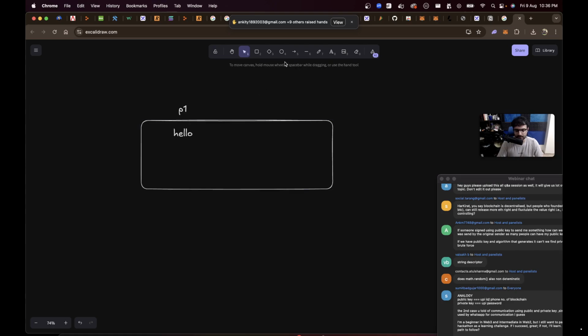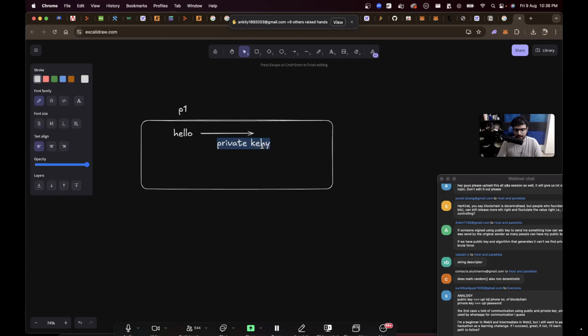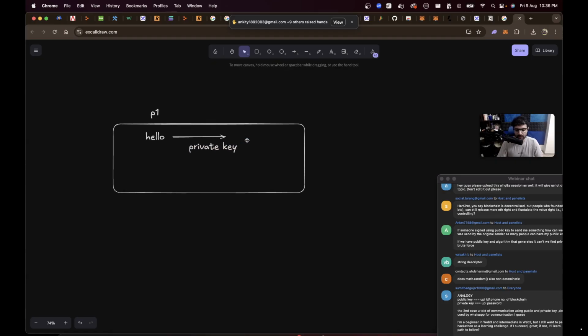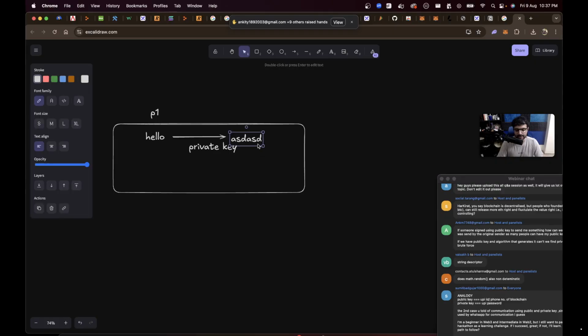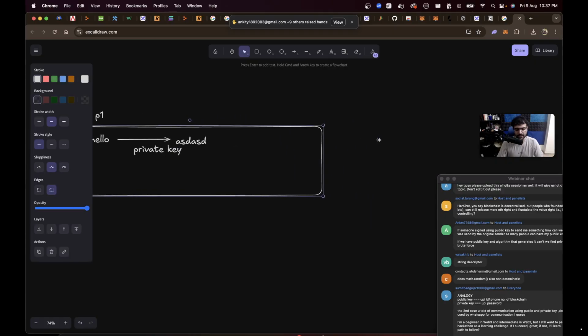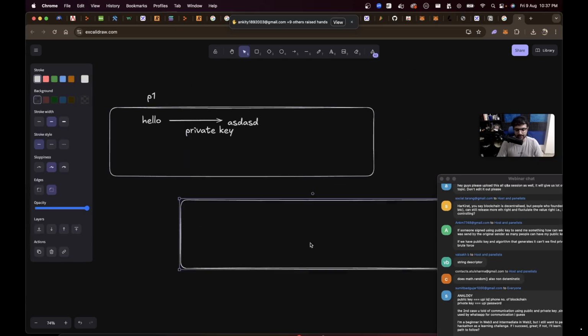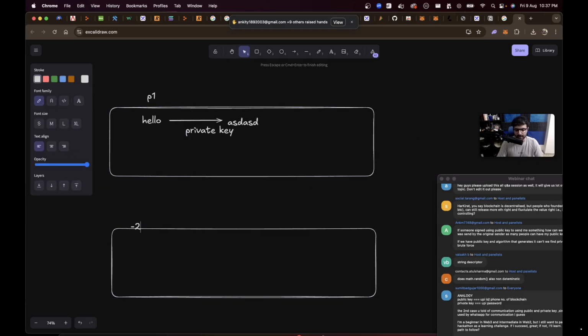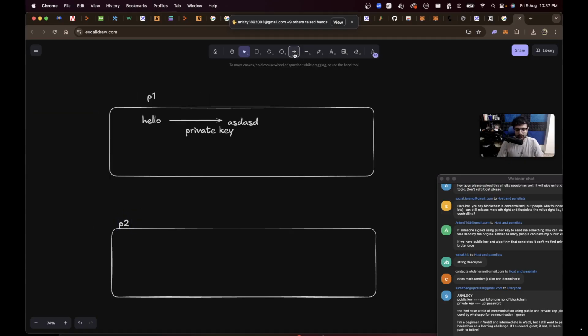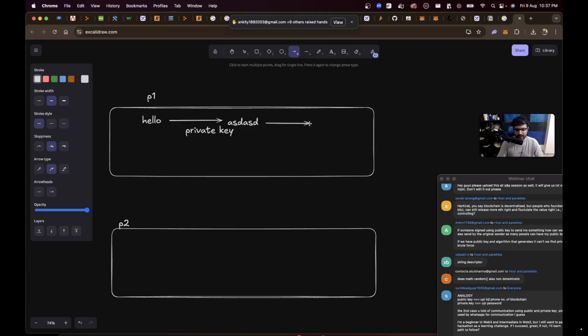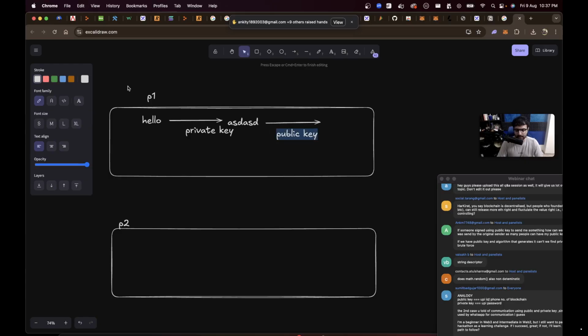Person 1, sign it using your own private key, and then sign whatever came out using my public key. I repeat, if this is person 1 and this is person 2, you want to verify that this message came from there. This message came indeed from P1. You can ask them to first sign the message using their own private key, then sign the message using my public key,